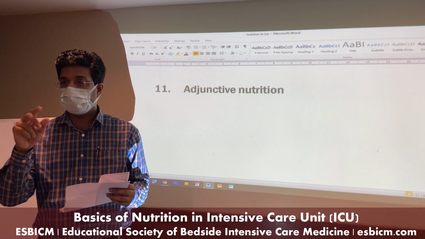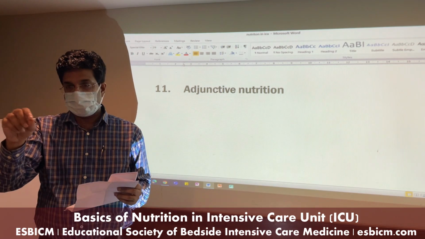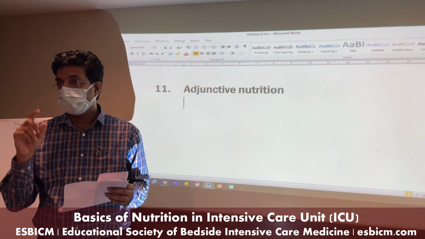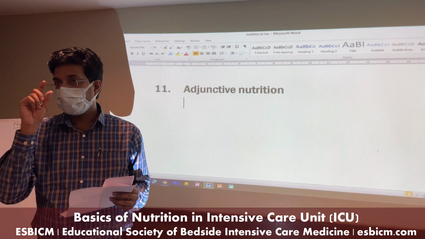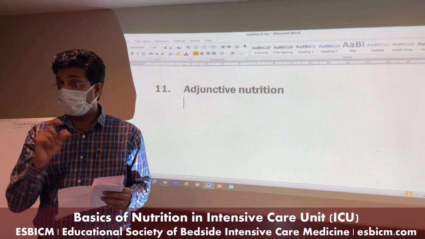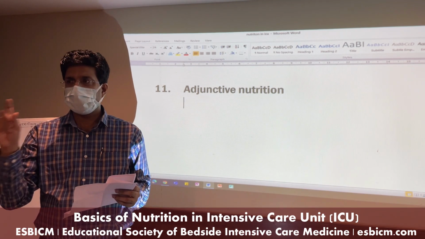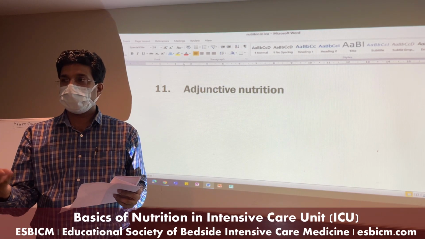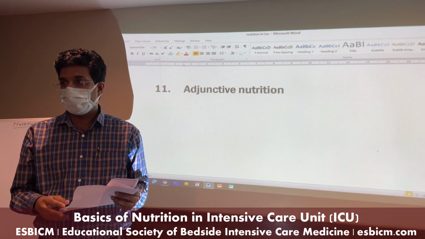Secondly, egg is a high biological value reference protein. If you are giving one egg to the patient, how many grams of protein are you giving? 5 grams. One egg equals 5 grams. Suppose you have a 70-80 gram requirement per day. If you are giving 4 eggs, it will give you 20 grams of protein.